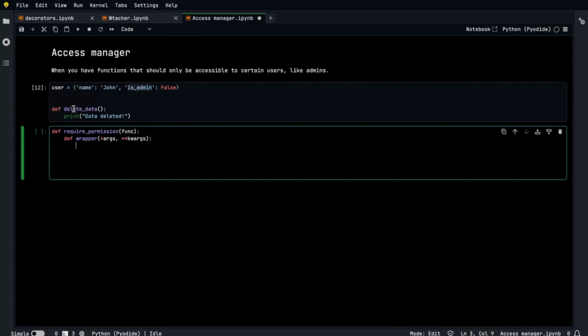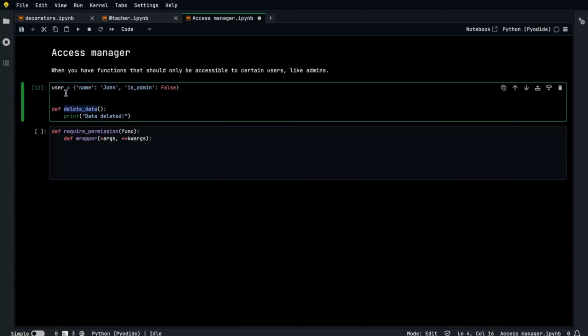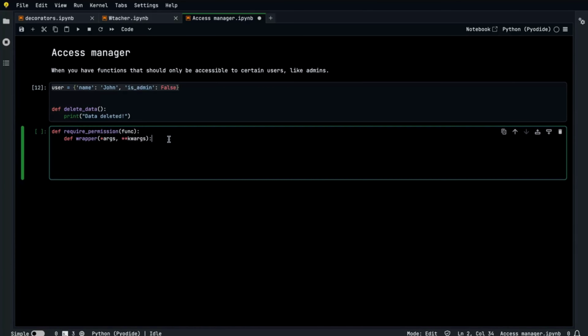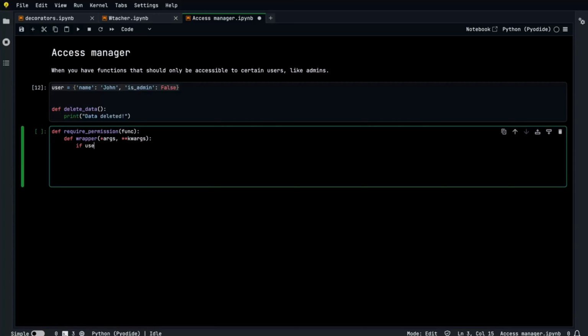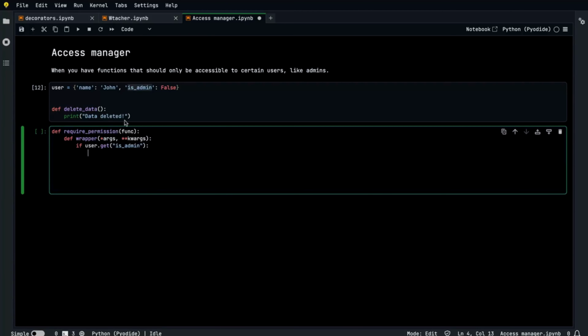And before calling the original function delete data, we will check if the user has admin access or not. So here we will do if user dot get is admin, then only call the function,